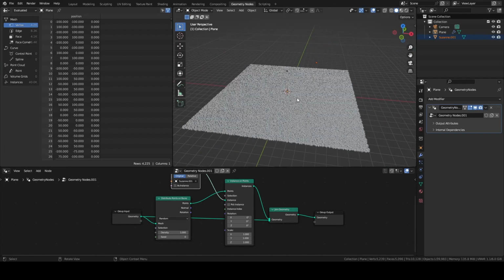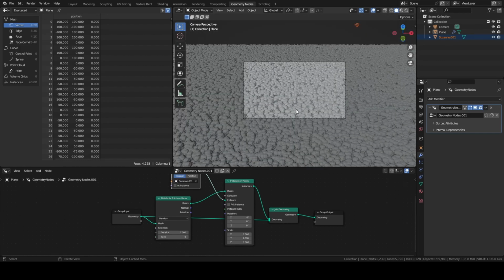And the point is that in many cases, you don't really need all those objects because what you are seeing from your camera is only this part of the surface. So you really need to create objects in this viewable area, and you don't need all these other ones. You could need them only if they are seen in reflections or in shadows. But if it is not the case, it's enough to create objects only in this area within the rendered view. And this effect is called camera culling.